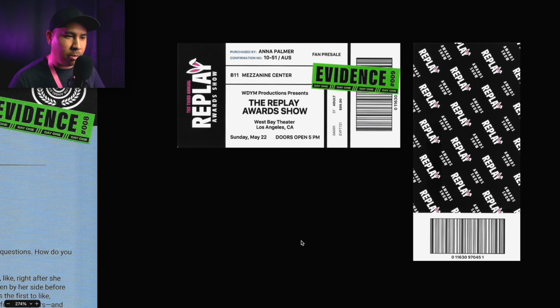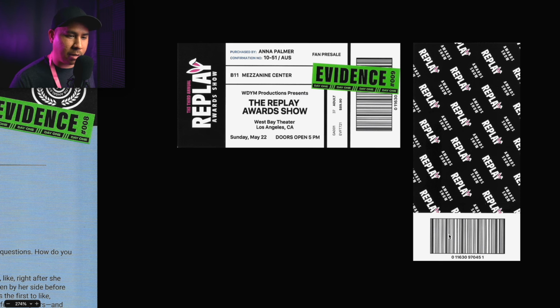Next, we have 009, which looks like a ticket for the show. This is Anna's ticket, and she is in the mezzanine, so definitely not front stage. I don't know how you get a VIP all access badge. Doors open 5 p.m. It's an adult ticket, $89.90, fan pre-sale.